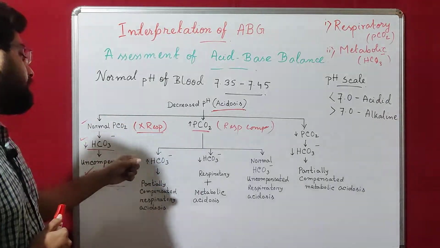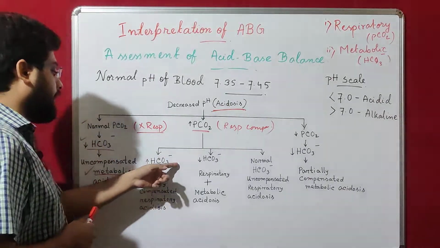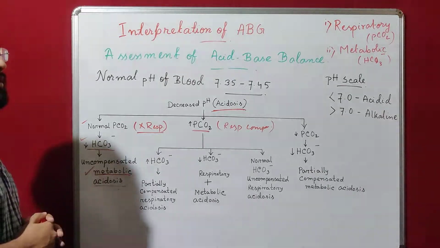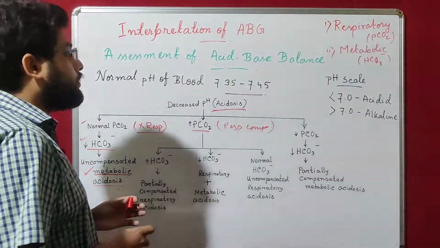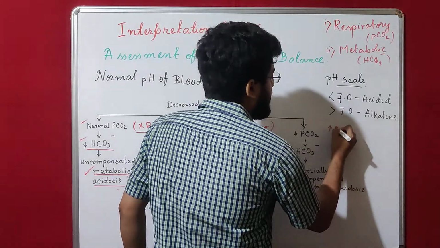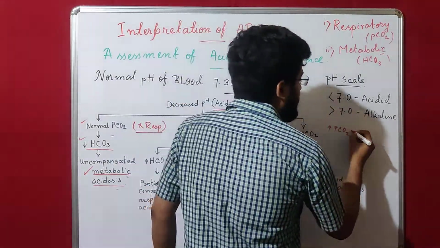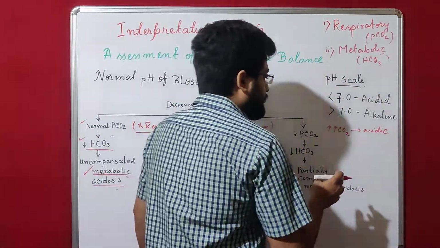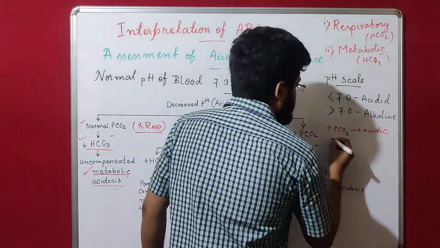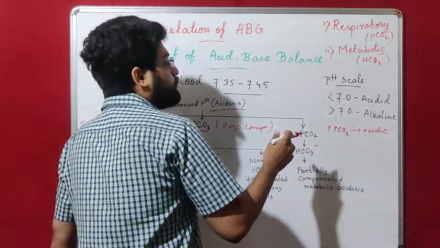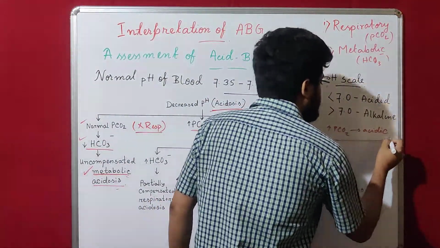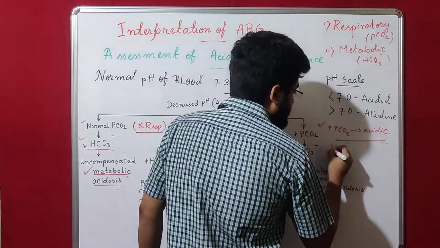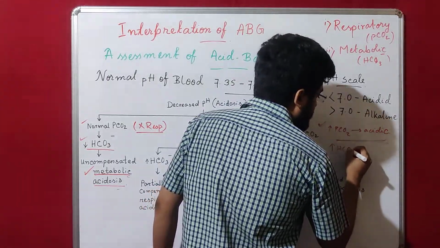If the concentration of bicarbonate ion is increased, it is an anion. If it increases in a solution, what will it do? It will make the solution alkaline. So PCO2 is increased, and what is it trying to do? It is trying to make the solution acidic. And what is our body trying to do? It is trying to counter this scenario, because obviously this is an abnormal scenario. So what is it doing? It is increasing the concentration of bicarbonate ion.